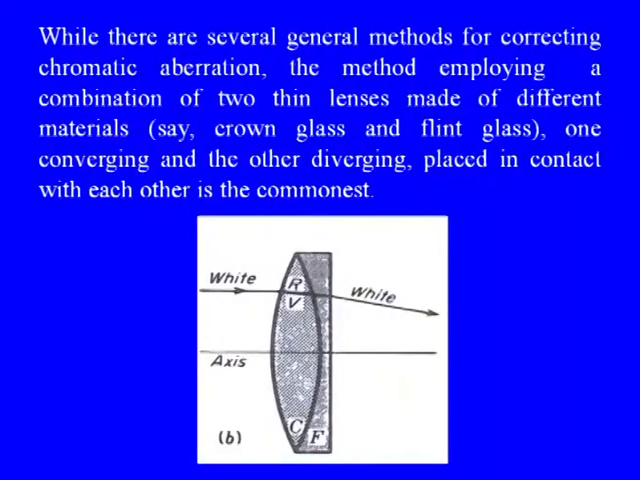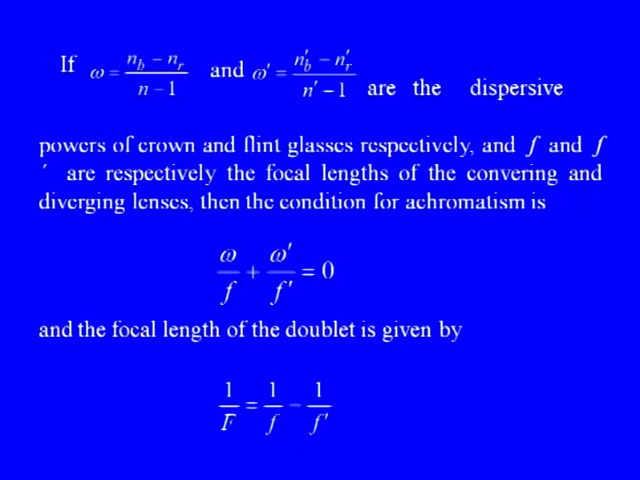While there are several general methods for correcting chromatic aberration, the method employing a combination of two thin lenses made of different materials, say crown glass and flint glass, one converging lens, the other diverging lens, placed in contact with each other, is the commonest: the convex lens and a concave lens. The method will be, if this combination (n_b minus n_r) upon (n minus 1) for the material of one lens, and similarly omega prime for the material of the other lens, you see, these quantities are called dispersive